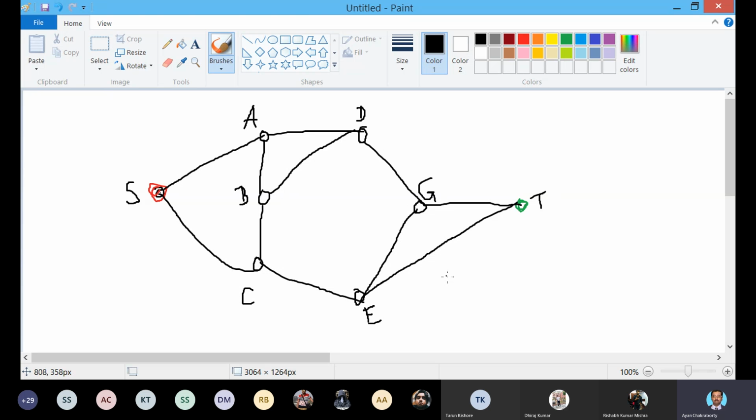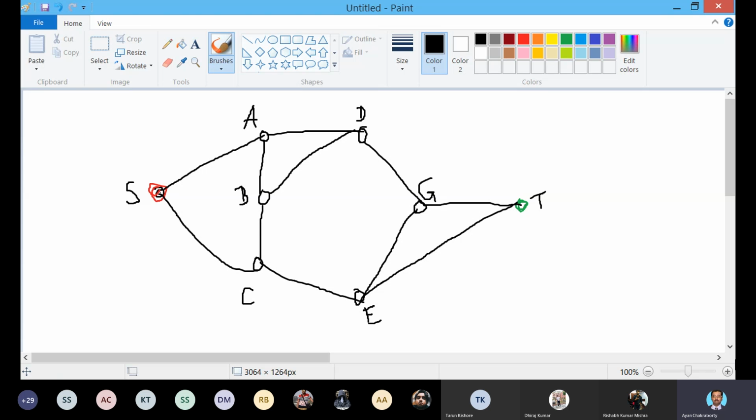So from an algorithmic point of view, to solve any kind of graph or network related problem, the adjacency matrix is a very important part. So here also, using this adjacency matrix or adjacency function, that is our generating function, we can find out the possible nodes. The adjacent nodes are A and C. These are the adjacent nodes of S.